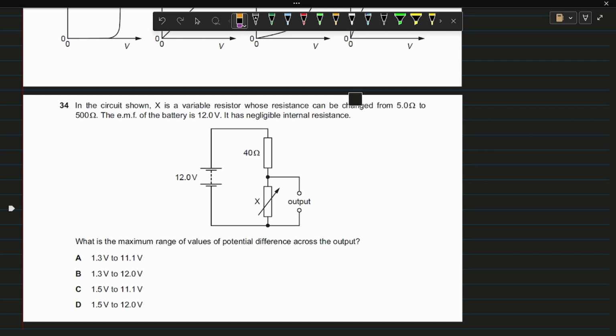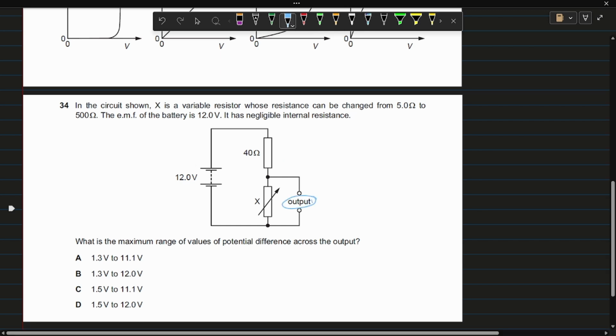Today we will be solving another question related to the electricity chapter. This is also the most important and the most asked question in our examination. So let's get started. Firstly, when you see this type of question, there is something that must click in our mind. That is this output thing.